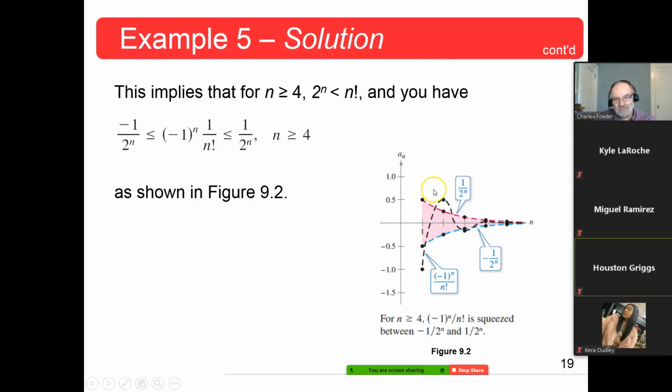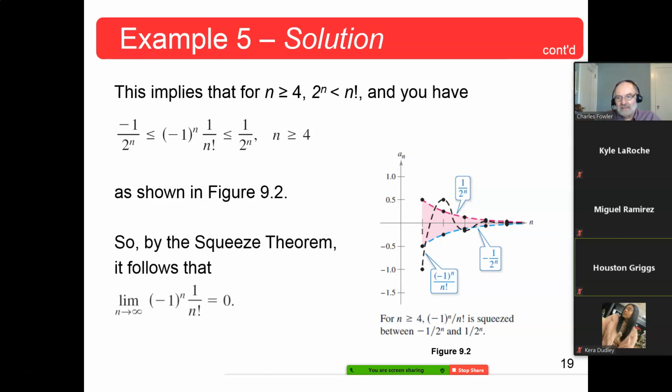At the beginning, no. Okay, it's outside. But after you get past 4, 1, 2, 3, 4, after that, you're inside of that envelope. Now, it gets so close you can't tell, but you are. You're always inside the envelope. Again, this is a little abstract, but if you try to use the logic like this, you'll see that it works. Okay, so by the squeeze theorem, obviously if the two on the outside, this one and this one, are both going to 0, this one on the inside has to go to 0 too.